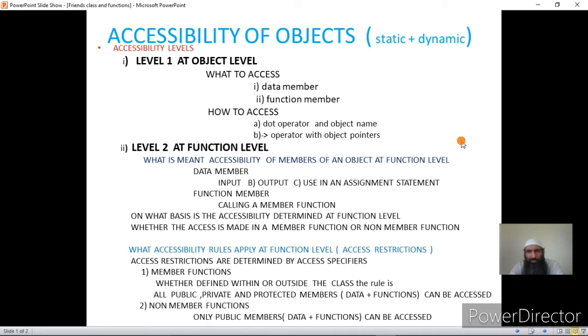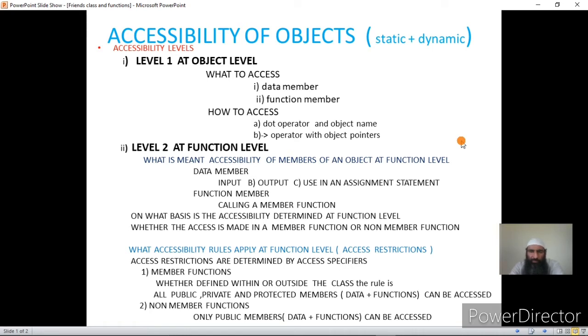So once we access the data member at the object level, it is simply giving a unique name to that memory location within the block that is allocated for an object. Once we allocate memory for an object, we are actually allocating different memory locations for different data members within the block of memory.